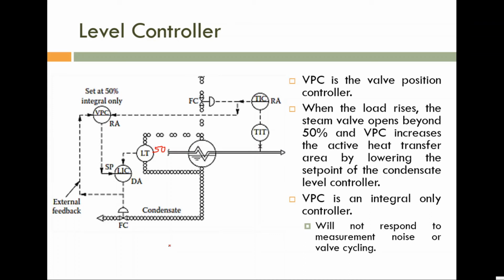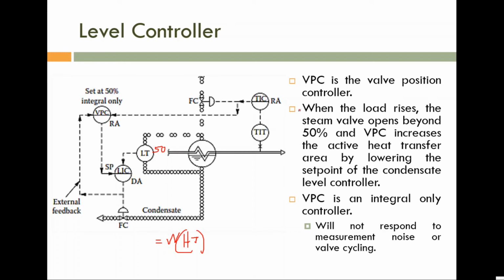What is heat transaction? Heat transaction is actually the flow rate of steam into the effective heat transfer area. So if the process is demanding more heat transaction, either we need to increase this steam flow rate or we need to increase the heat transfer area. Normally we are changing the steam flow rate. But if the demand is more, rather than changing the steam flow rate, we can change the heat transfer area. That we are going to explain now.